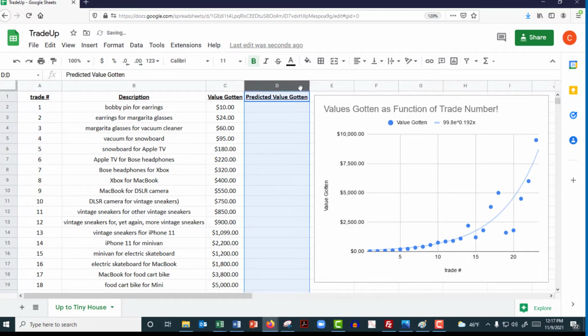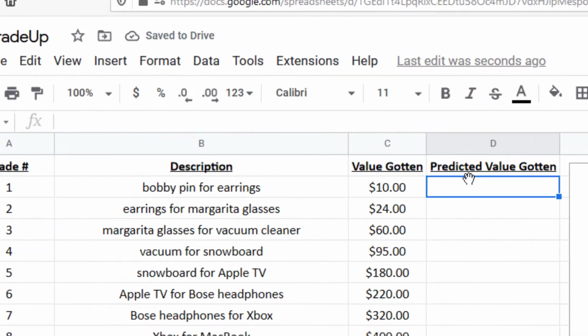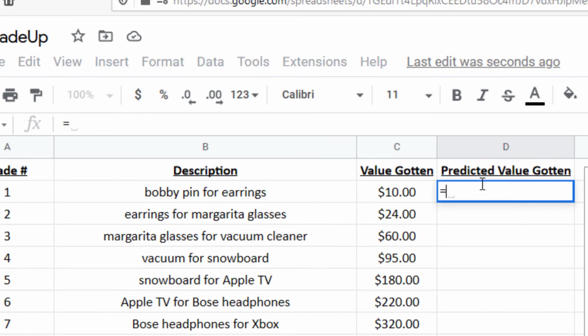So now what I want us to do is get this equation right here into Sheets. So what we're going to do is type the equal sign first, and I'm also going to show you why you need to have those parentheses that I mentioned in the previous video. Okay, so we're going to go 99.8. That's just that multiplier value, times